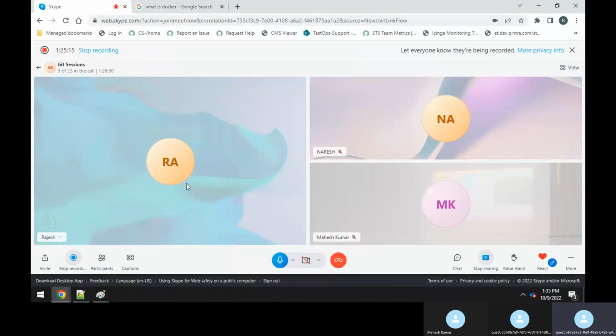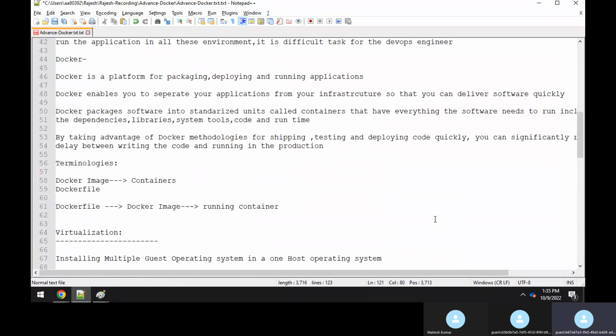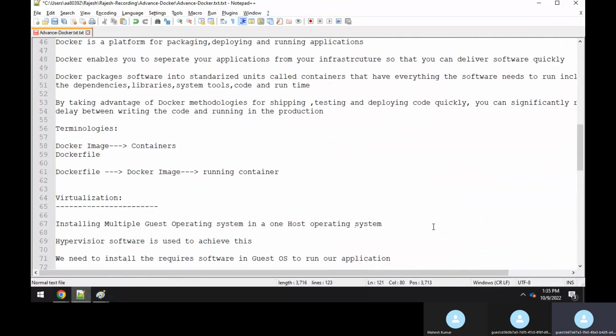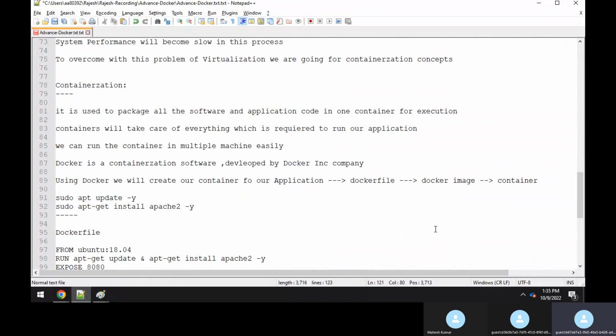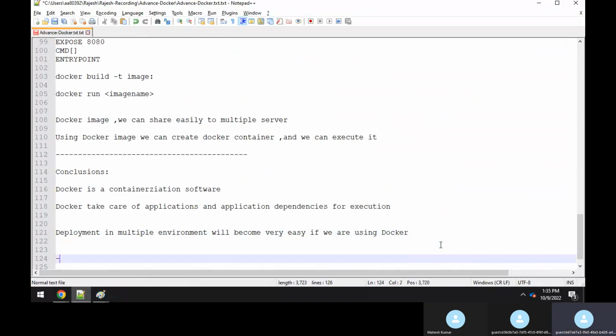Okay. It's already been 1.5 hours, so I thought I will cover a few of the things. Today we just had a quick start on what Docker is, right? We know all these things, but I just reiterated some of the things which we had covered in our previous playlist. So what is our next agenda? In day two of advanced Docker,